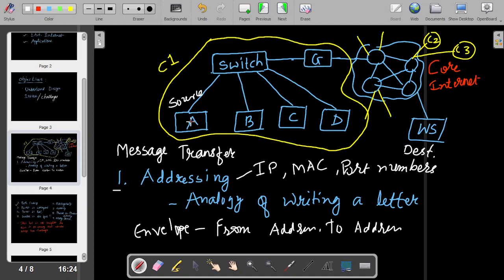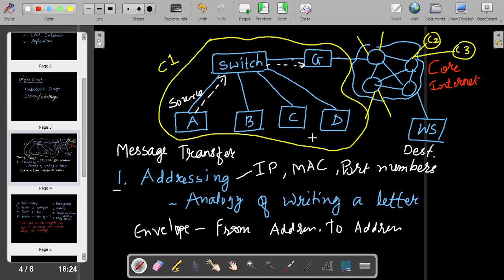So from this source A, we want to send a message to this web server. Now, as I explained in the first tutorial, from A, the message will go to the switch, from the switch it will go to the gateway, and then when the message or the packet enters the internet,